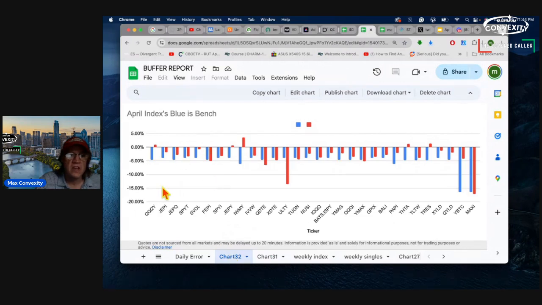Let's start here with the indexes. Okay, blue is the benchmark. I've always wanted to do it that way. That makes more sense to me. Blue is the benchmark. So the high yield funds on the right. A little bit confusing at first, but I even put it up here in the title. Blue is the benchmark. So you can see here that most of the funds did what they're supposed to do,